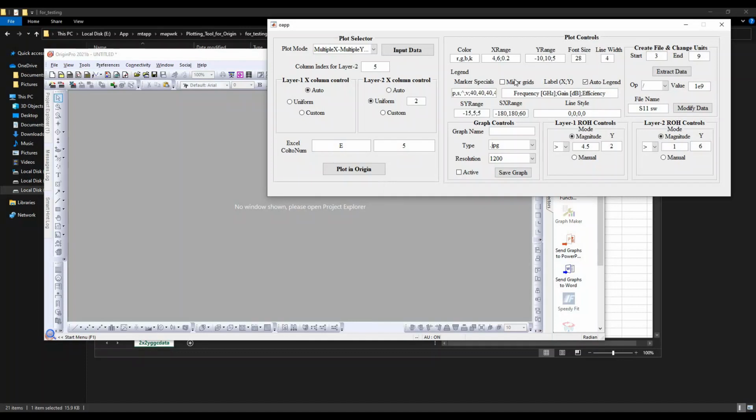So just click the plot in Origin. Before doing that, do this simple thing. Say change this marker step size 15 and 15 and 40. Yeah, it's okay. And change this thing to here, theta degree, and